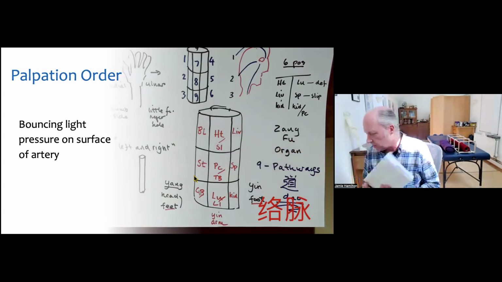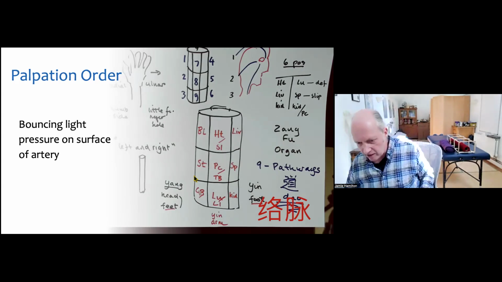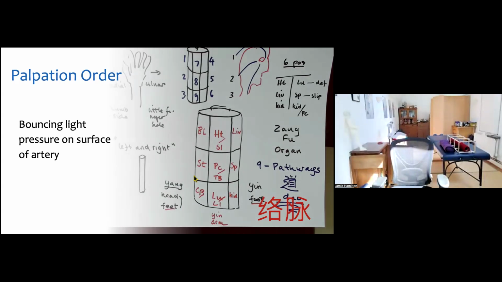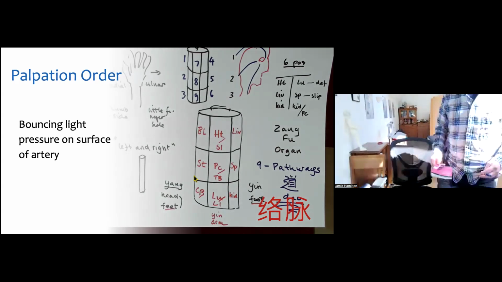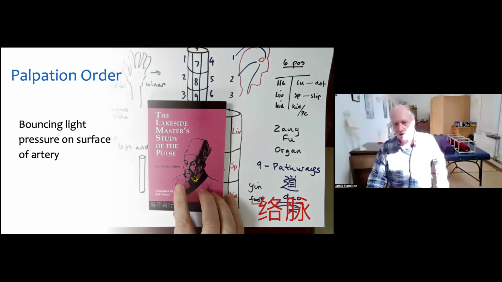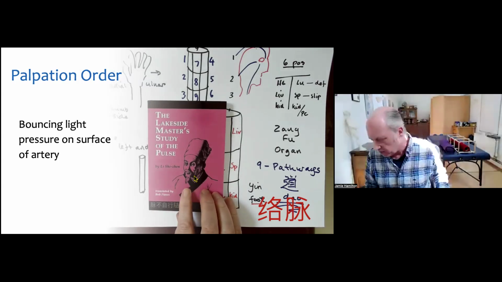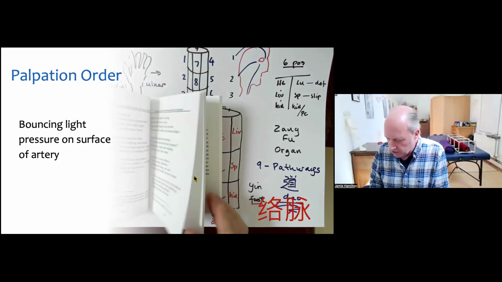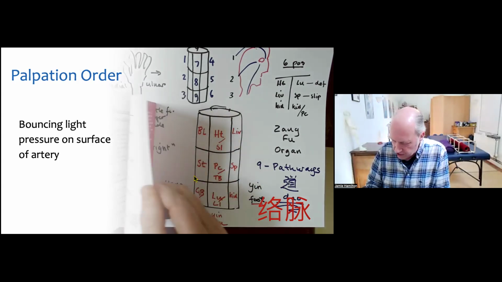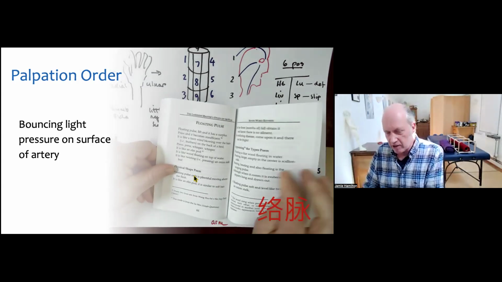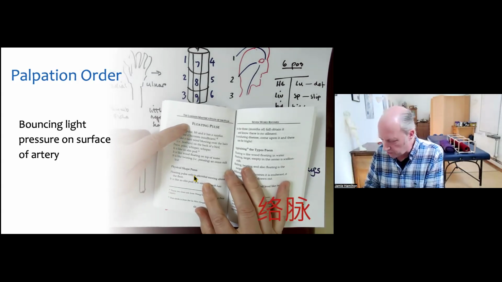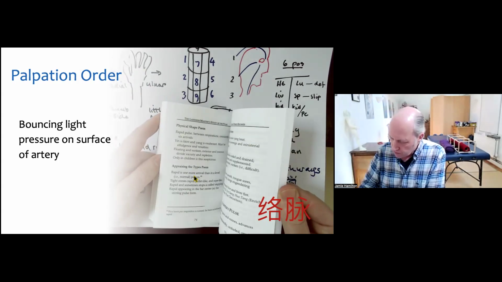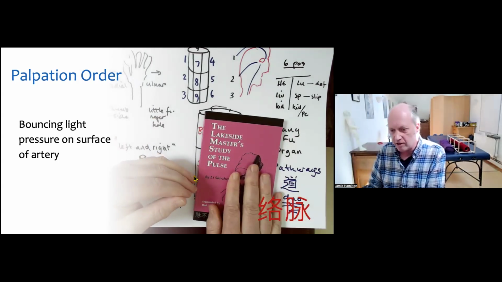And for me, that's a good enough explanation because this writer is the origin of how we do pulse diagnosis right now. This is the other book he wrote, Li Jijian's other book, the Lakeside Master Study of the Pulse. This is the one that people kind of refer to. And this is the standard origin of our standard 27 pulses, like floating pulse. What is it like? What does it mean? So this is the origin of our standard understanding.